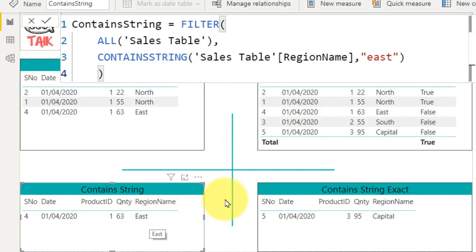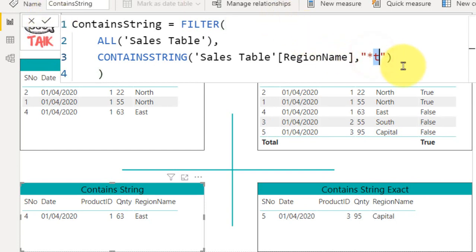then this returns East. If you look at this value, the E is capital here, whereas I have put east with a small e. So CONTAINSSTRING is not case sensitive. And we can also use wildcard characters. I'm using a star here, it starts with E and ends with T. Let's have a look at this. This also returns the same thing.